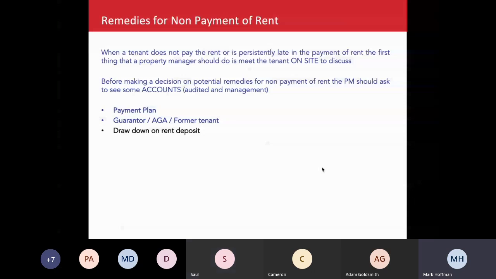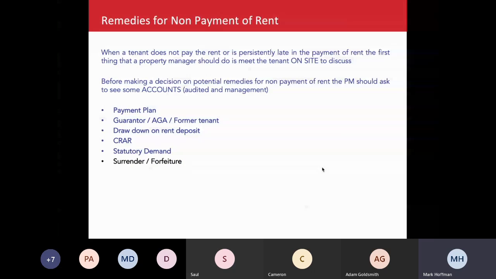Then we have CRA as the next step. Then we have a stat demand. Then we have surrender, and ultimately we have forfeiture. So may I suggest, ladies and gentlemen, that are doing property management, particularly to level 3, have those 7 things